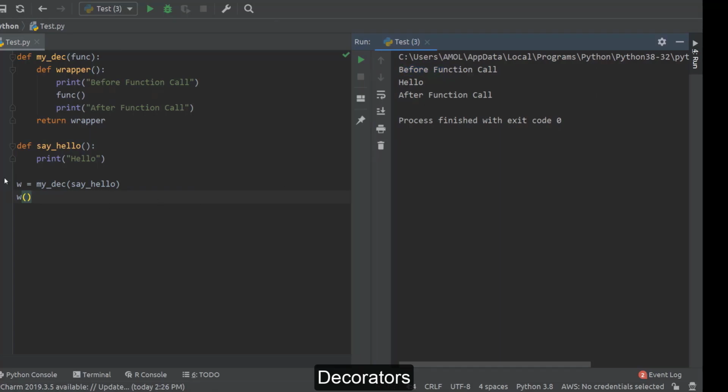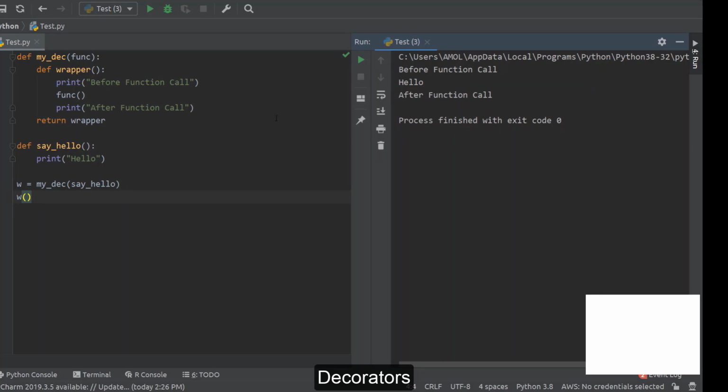How does it happen? When you call my_dec passing say_hello, func refers to say_hello. my_dec returns the wrapper, which we store in w. When you call w, it runs the wrapper function: before function call gets printed, the actual function call takes place which prints hello, and then after function call is printed.